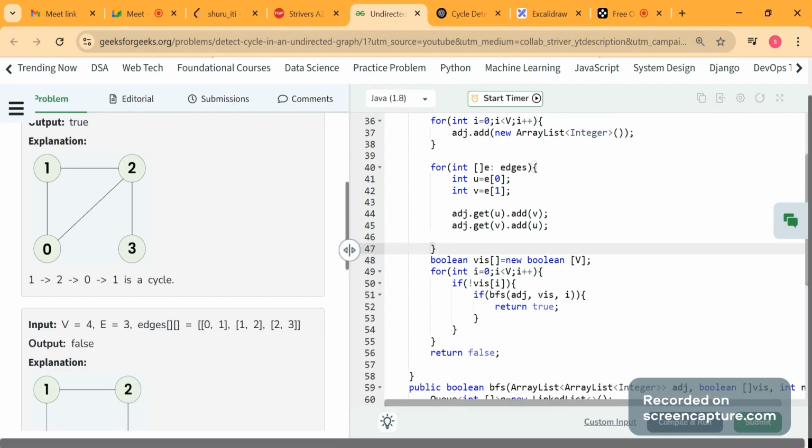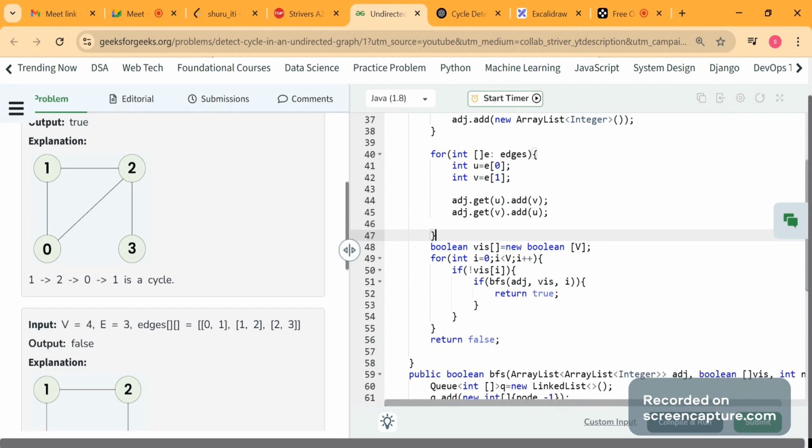What if it was in the form of connected components? Means there would have been multiple components. Then in that case, first we need to create a visited array. You all know this, that while using BFS and DFS, we always create a visited array for our convenience. So we have created this visited array, and now we will go inside the loop. We know that we run the BFS or DFS for every node. We will start from 0, then 1, 2, 3.